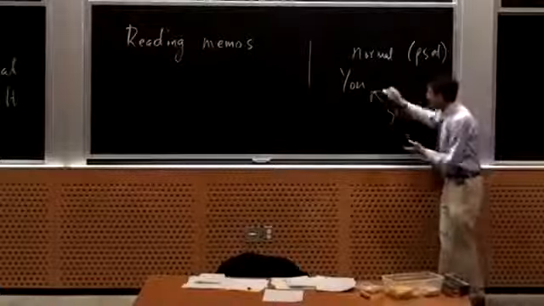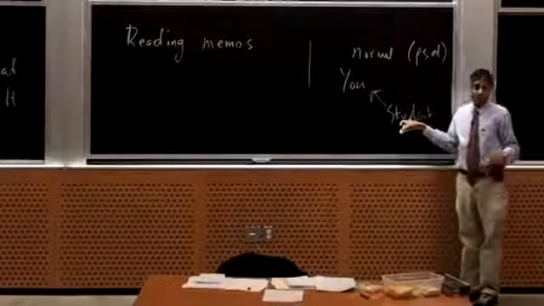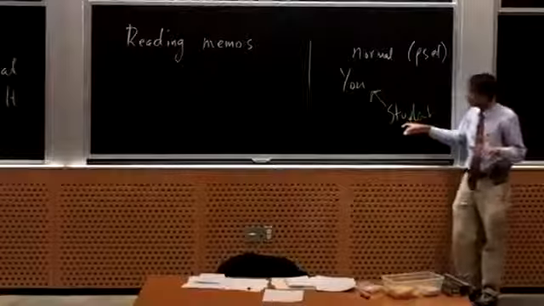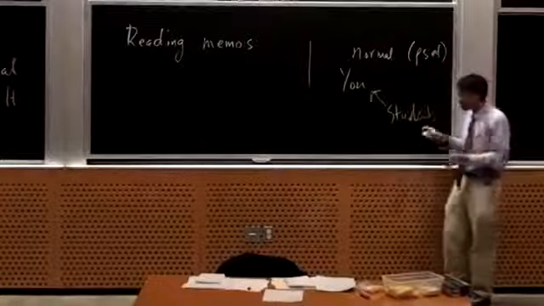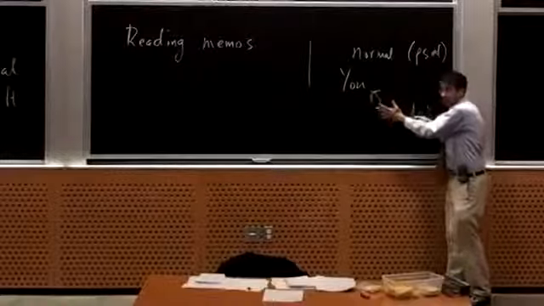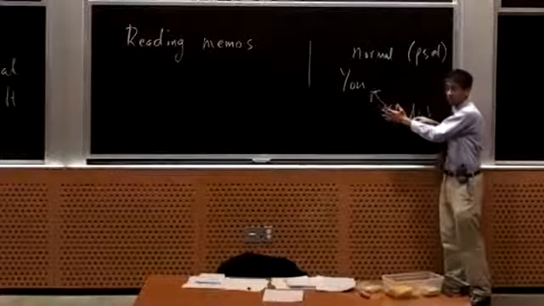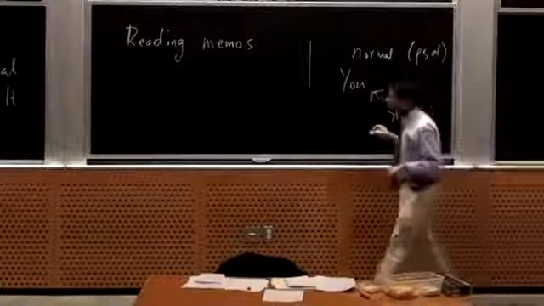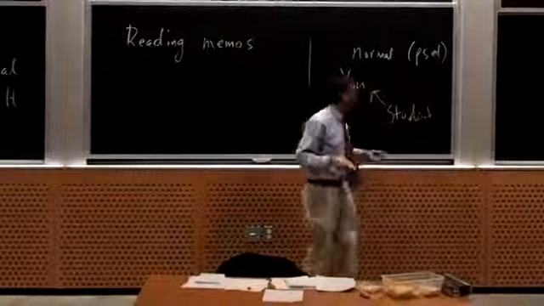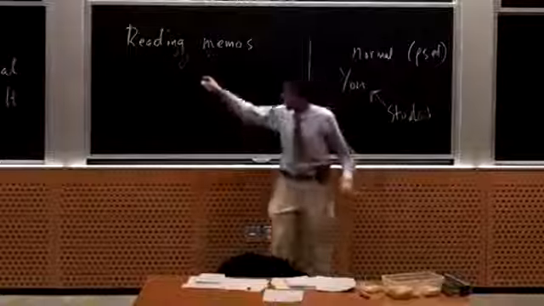So now, this is not a good thing to teach. I mean, maybe it's hard to avoid with problem sets, but you have to do problem sets somehow and teach people to do problems. But you want to minimize this as much as possible because it's not a transferable way of dealing with the world. Right? They can't use that when they go elsewhere. And it teaches bad habits of deference to authority. So that's normal. How does a reading memo work?